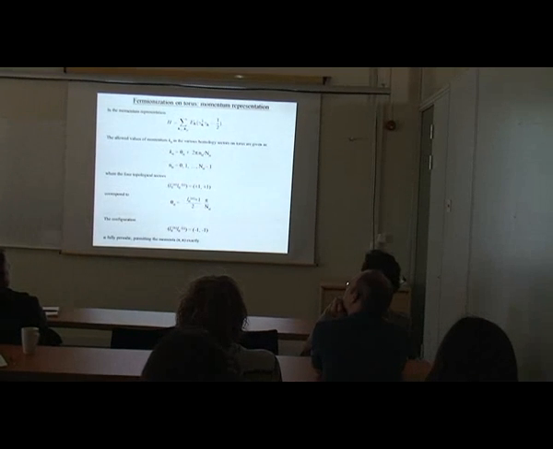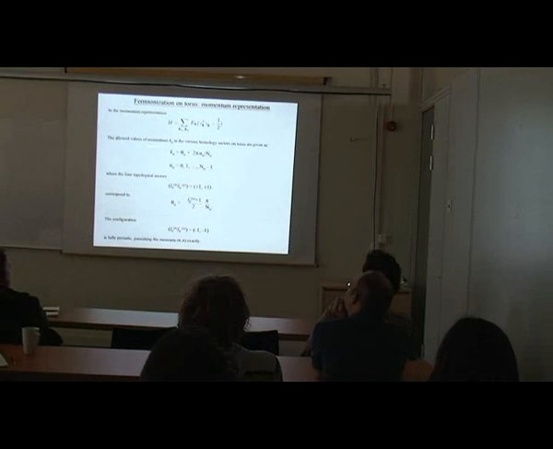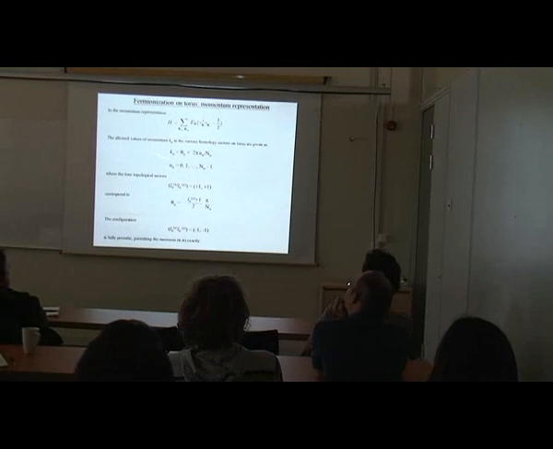Now, what about the momentum representation? We can transform the system into momentum representation. Because it's on a torus, we have to take into account the periodicity of the momentum. In that case, we have this extra factor theta alpha, which reflects the non-trivial symmetries. It's really a momentum shift due to going around the torus.